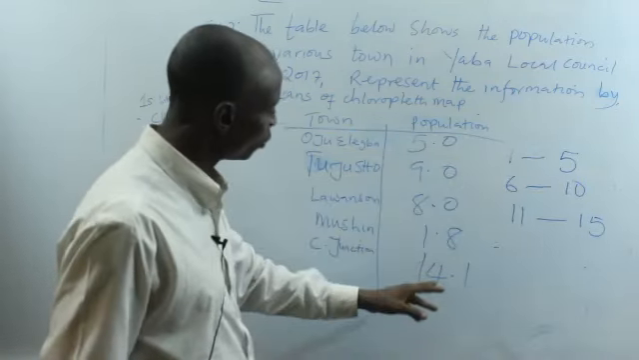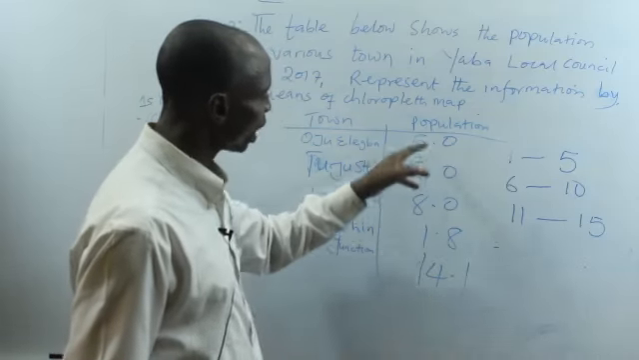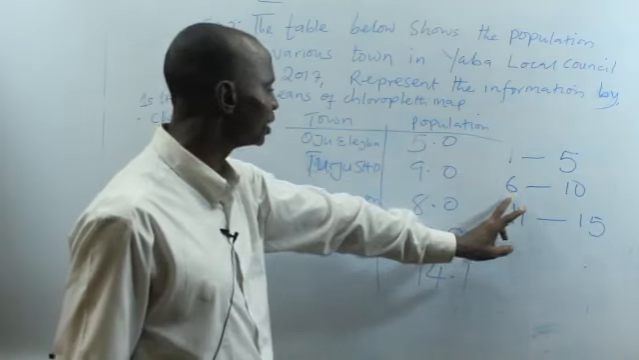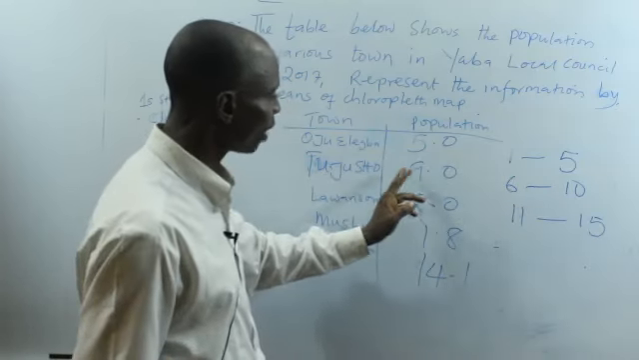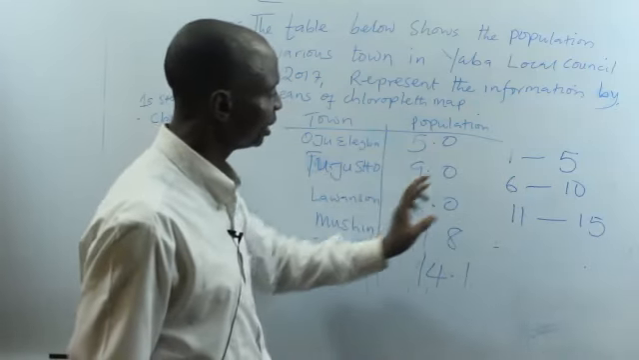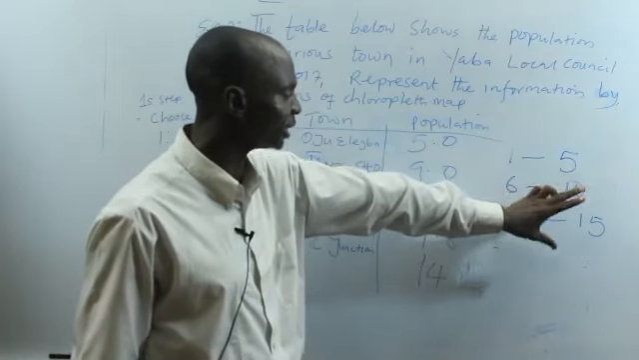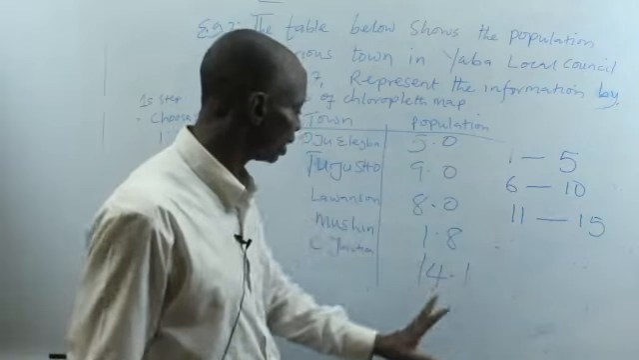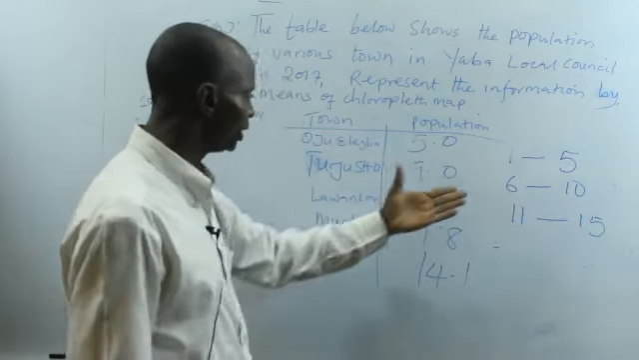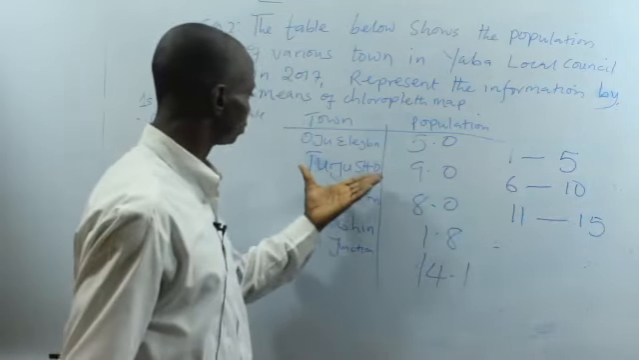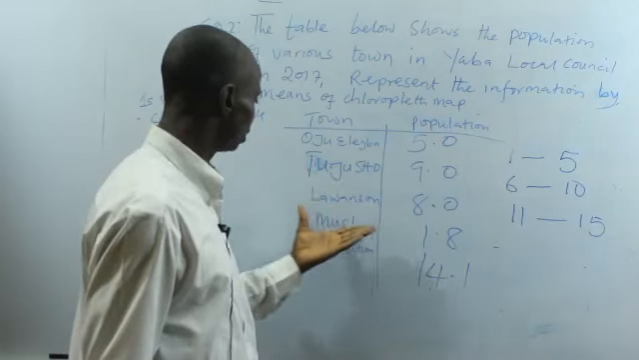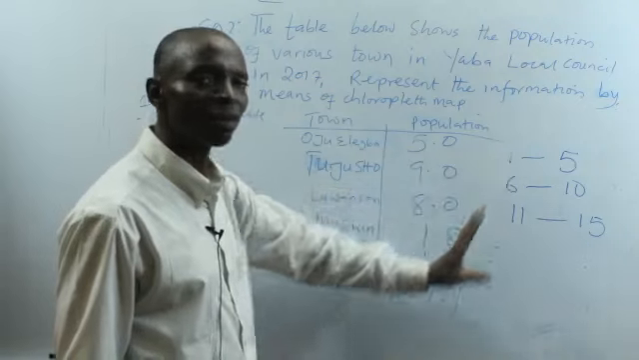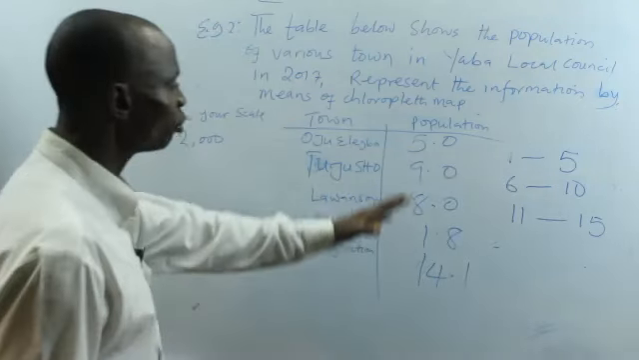In 1 to 5, how many? We have 1.8, we have 5. Within 6 to 10, how many? We have 9 here, we have 8. They fall within 6 to 10. Then the final one is 11 to 15, and we have 14.1. So with this you have grouped these 5 villages into 3 conveniently, so that when you now draw your map,